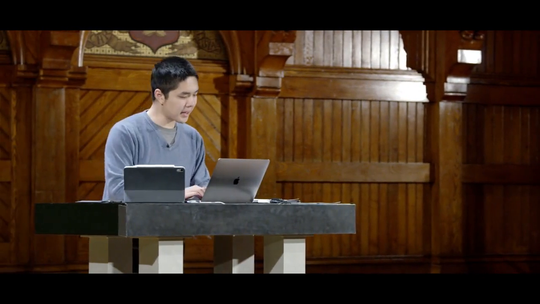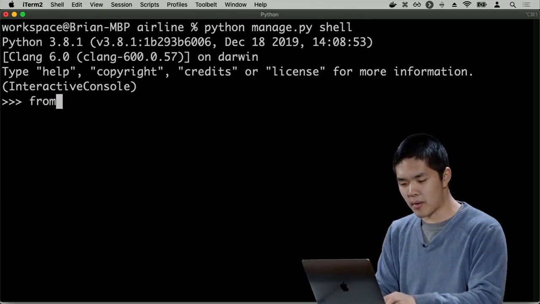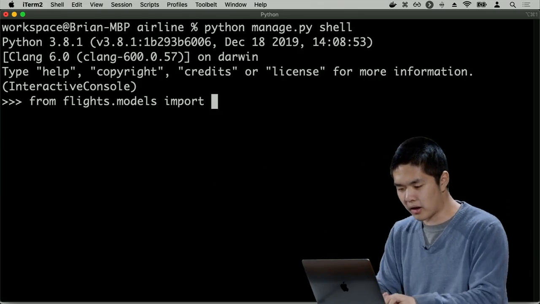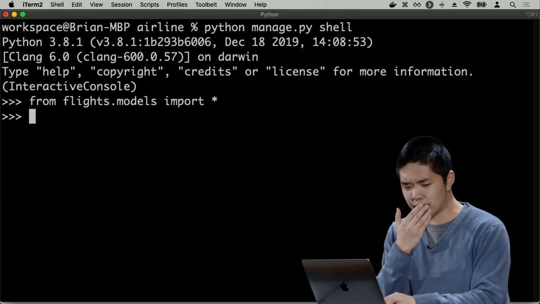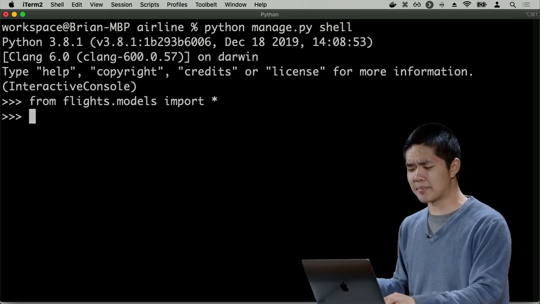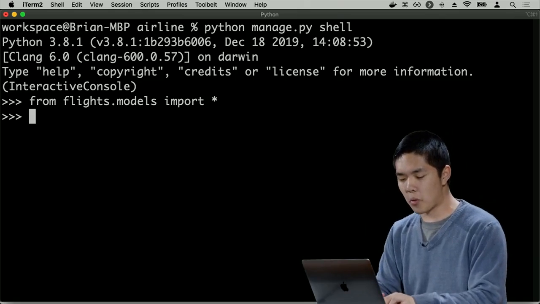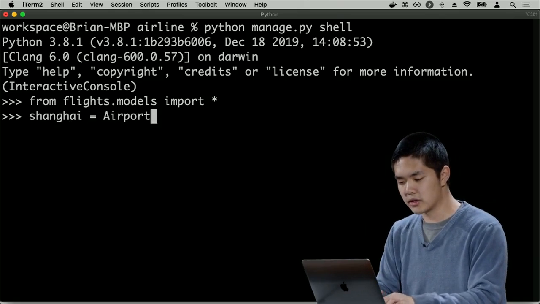So if I go ahead and go back, go into the shell, python manage.py shell, I'll go from flights.models import star. Let's go ahead and add a flight from Shanghai to Paris, for example. Well, how do I get the airports for Shanghai and Paris? Well, it turns out that if I want to get Shanghai, I can say Shanghai equals airport.objects